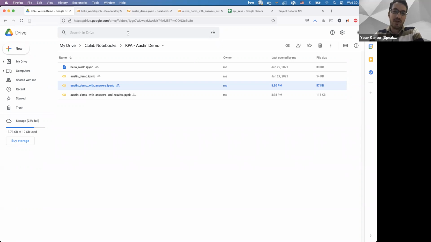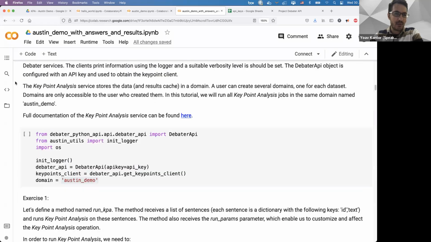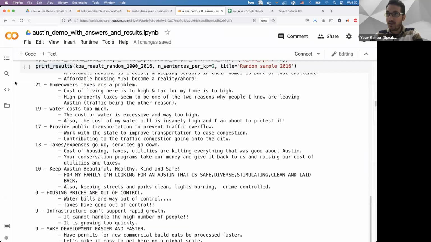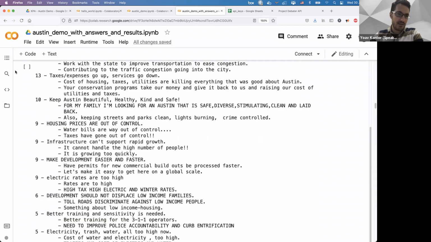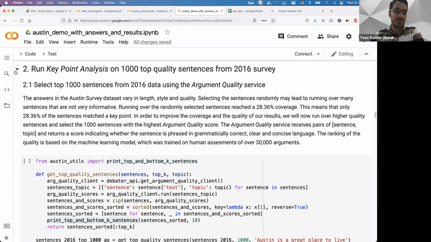let's maybe go over the second section together, and maybe we'll see what the argument quality service does. And why does it take so long? First of all, someone asked, why does it take so long? There are now, I think, 40, 50 participants that run everything in parallel. So that's a relatively higher than usual load on the system.